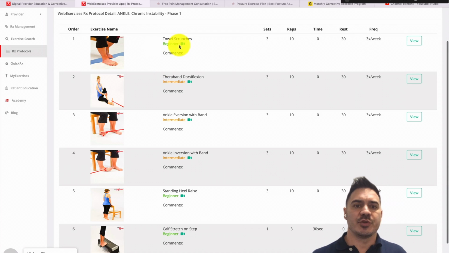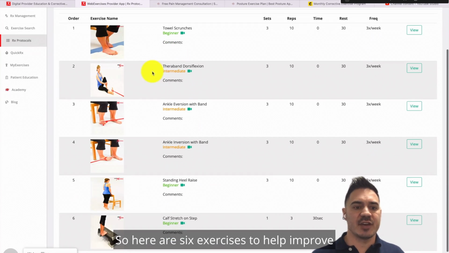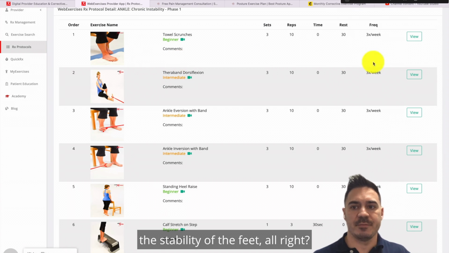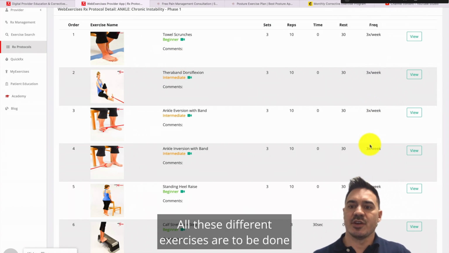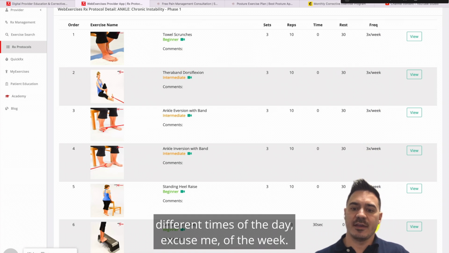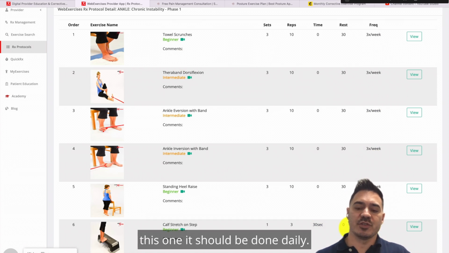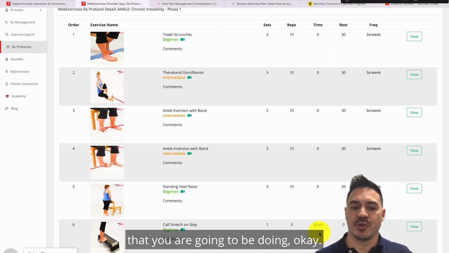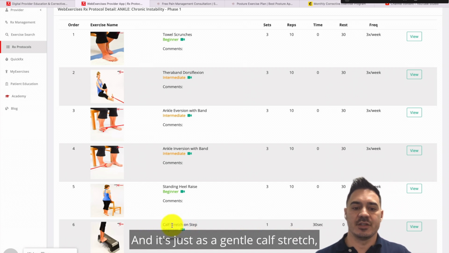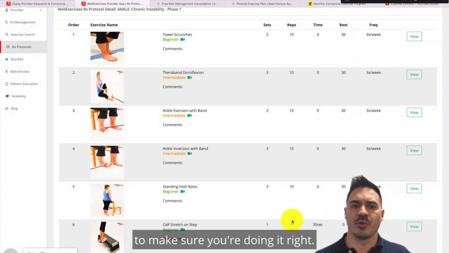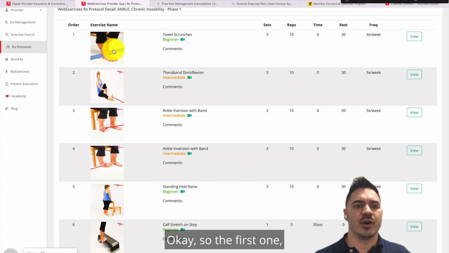Okay, so here are 6 exercises to help improve the stability of the feet. All right, all these different exercises are to be done at different times of the day and week. This one at the very bottom that we're going to go over should be done daily. There's only one set that you're going to be doing. Okay, and it's just a gentle calf stretch, but we're going to talk about specific ways of how to do that to make sure you're doing it right. Okay, so the first one,